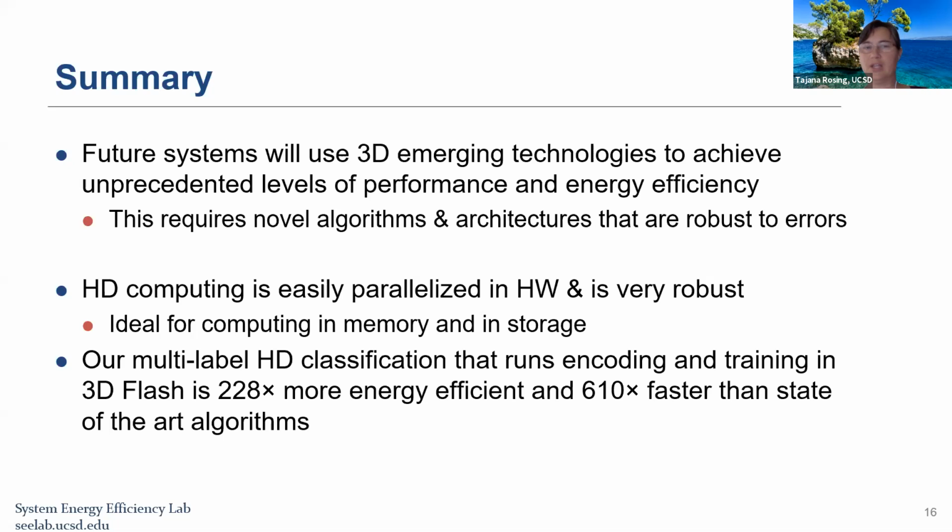HD computing is ideal for this kind of a design because it's super easy to parallelize in hardware and it's very robust. And as you could see from our example, multi-label HD classification ran much faster, about 600 times faster, and was much more energy efficient as compared to